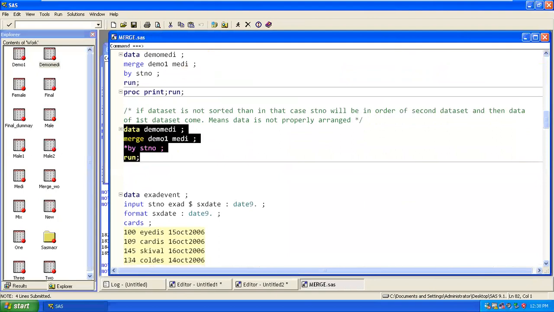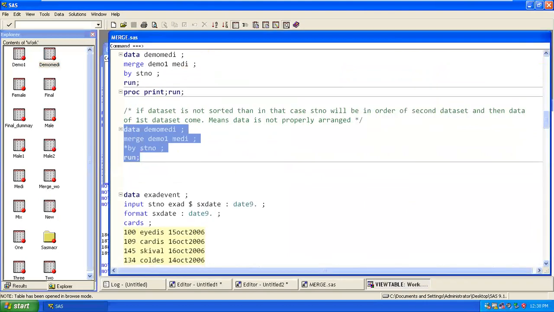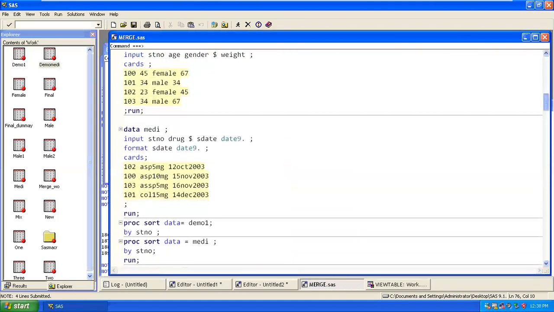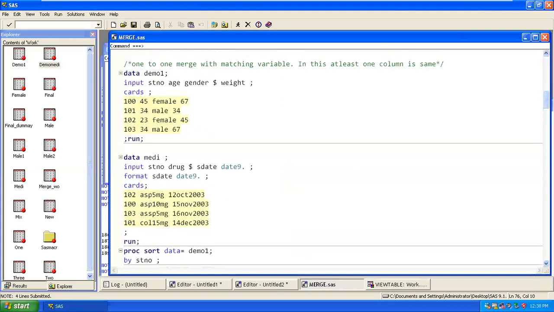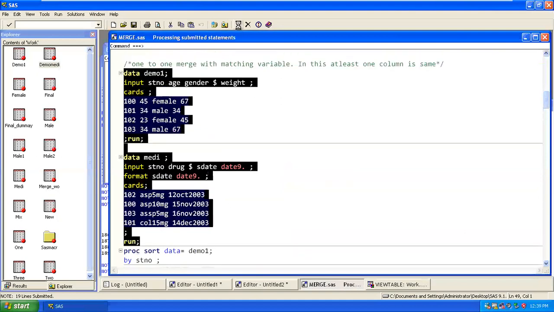Same demo, I will look at it without a by. The data set is already sorted. So first I'll run this, then I'll execute.